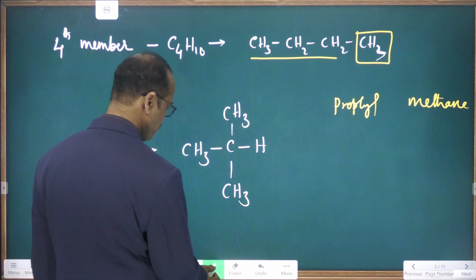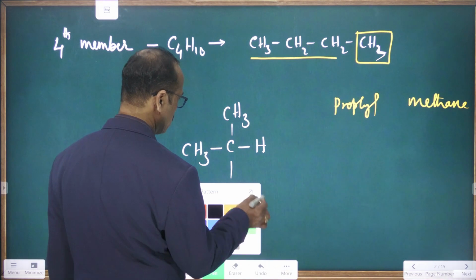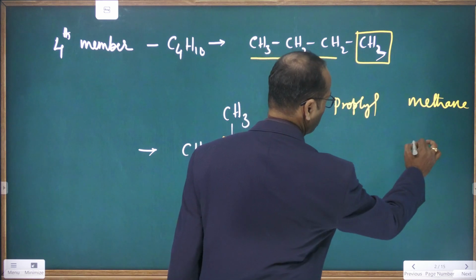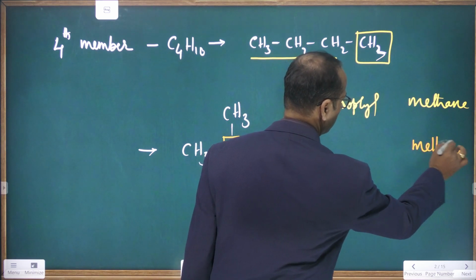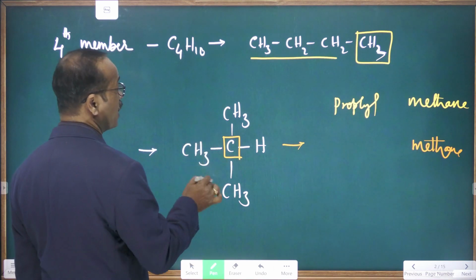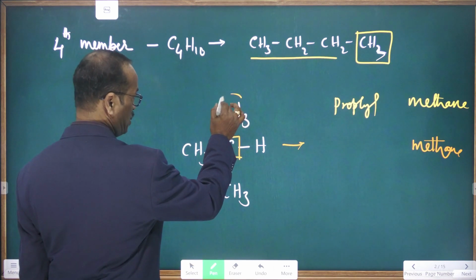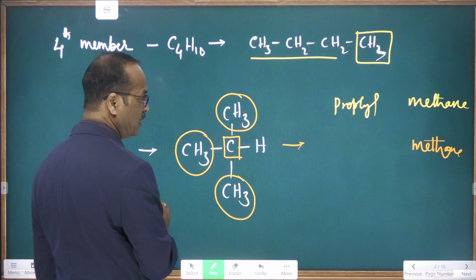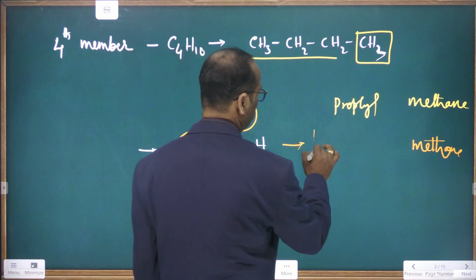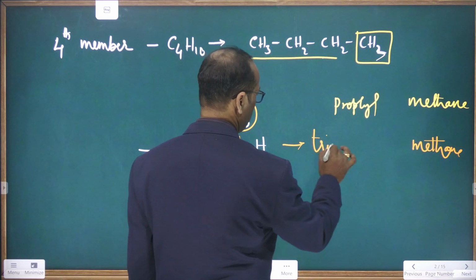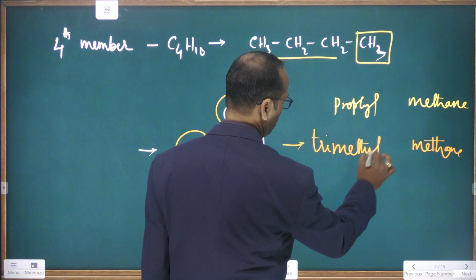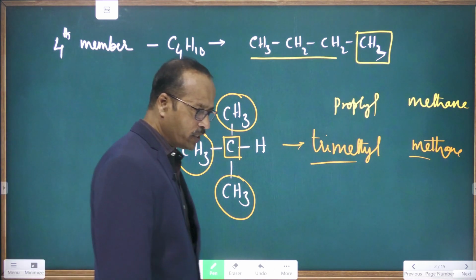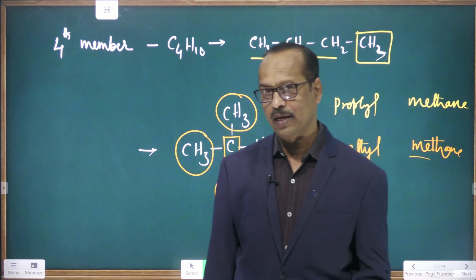Now here, which is the central atom? Central carbon, 1 carbon. So write methane. Now it is attached with how many carbons here? How many methyls? This is 1, this is 2, this is 3. So 3 methyls, right? So 3 is called what? Tri. Okay, trimethyl methane. That's all. Clear? So like this, you can give the names to these organic compounds